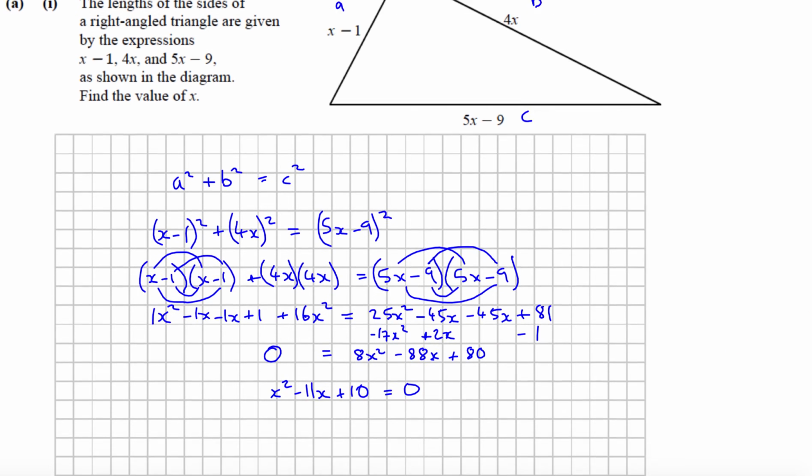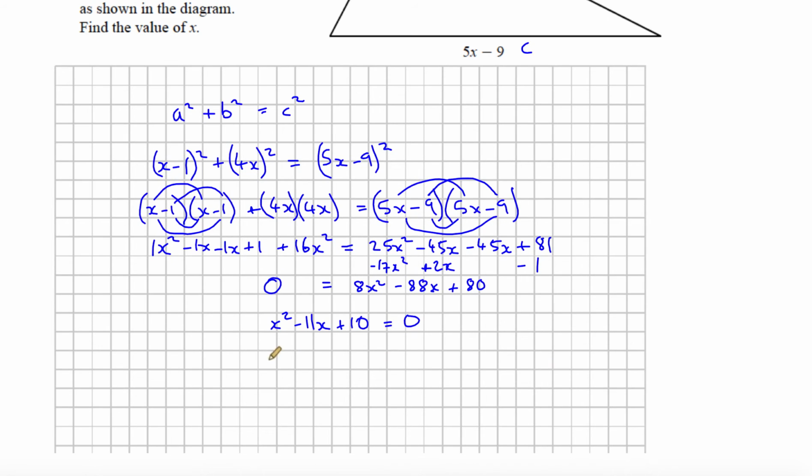Alright, so I'm trying to find the value of x. So now I can either use the quadratic formula, or I can just try and factorize. So I think there's going to be factors here. The factors of 10, which when added or subtracted give you minus 11, are minus 1 and minus 10. So that means if x minus 1 by x minus 10 is 0,